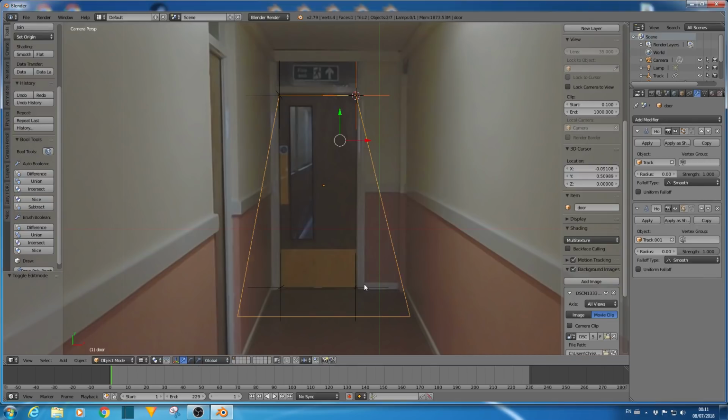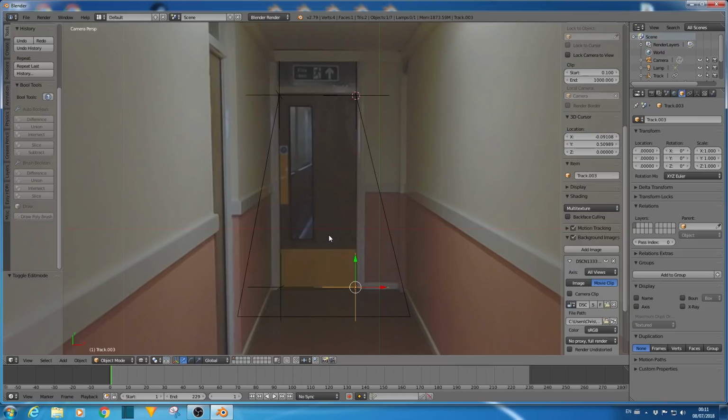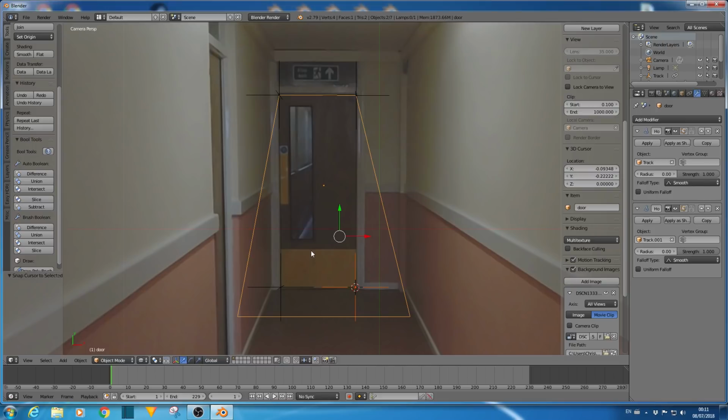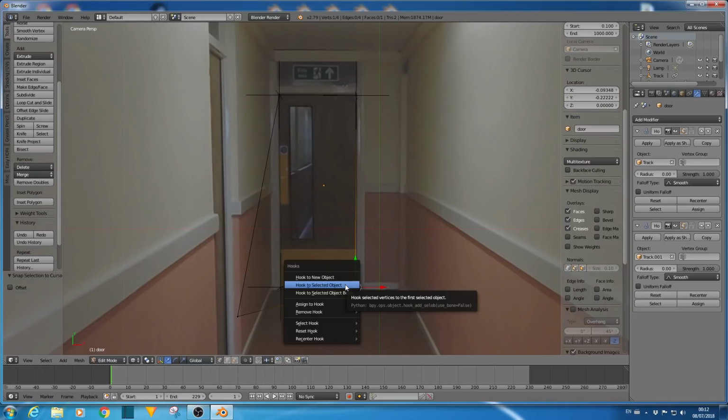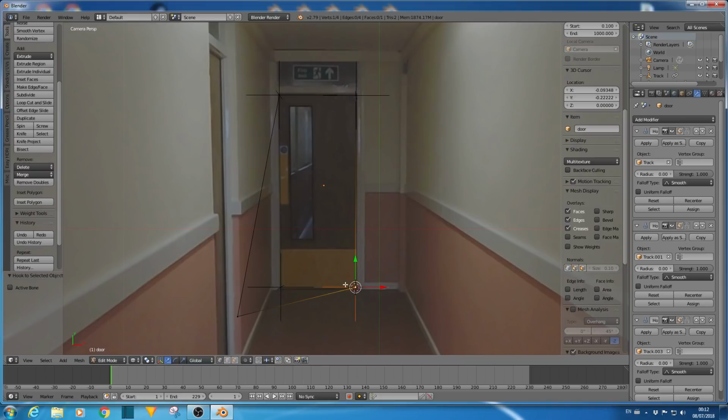And we carry on. Tab, select the empty, Shift S, cursor to selected, Shift select the plane, Tab, select the vertex, Shift S, selection to cursor, Control H, hook to selected object, Tab,